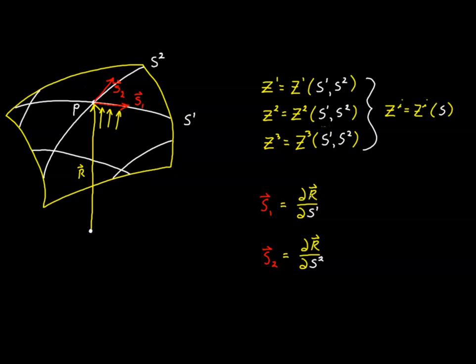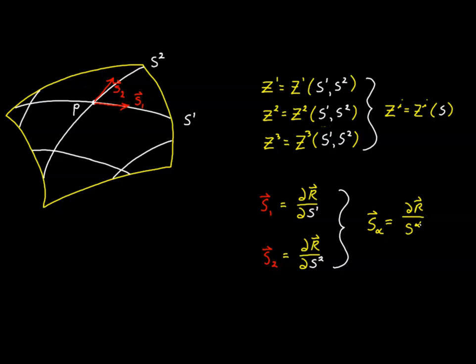We're taking the partial derivative of r with respect to each of our surface coordinates, and that gives us these two basis vectors. And of course, we can use our tensor calculus syntax to consolidate these into a single expression. We will have basis vector S alpha is defined as the partial derivative of our position vector with respect to